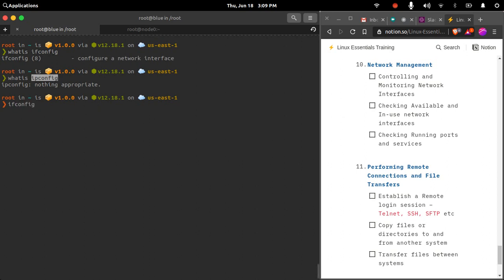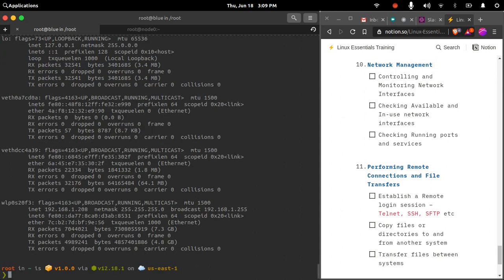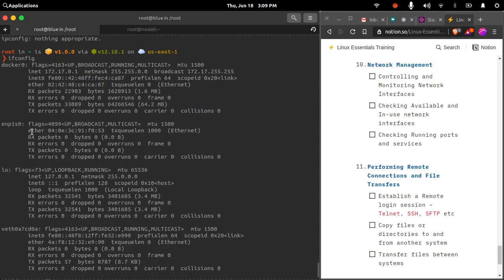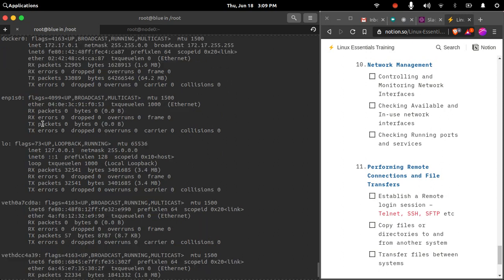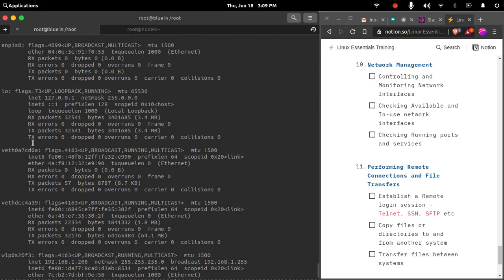If you run ifconfig without any arguments, it will show you the currently attached network devices on your laptop or system. These are the network interface cards that I have on my system, representing the NICs attached to my laptop, some of which are virtual NICs.